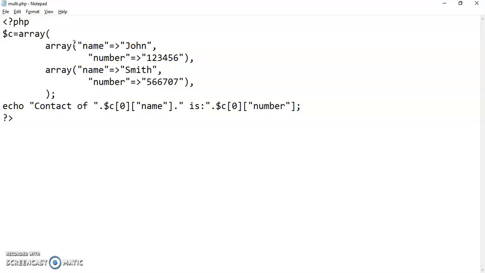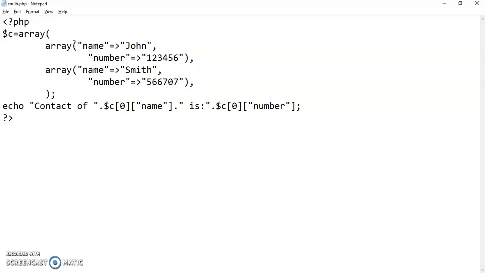So now the echo statement over here is going to have some string concatenated with a dot. $C is my array name. What do I want to do now in this case? Understand that I have multiple rows, which means that I am going to have an index associated with every row.